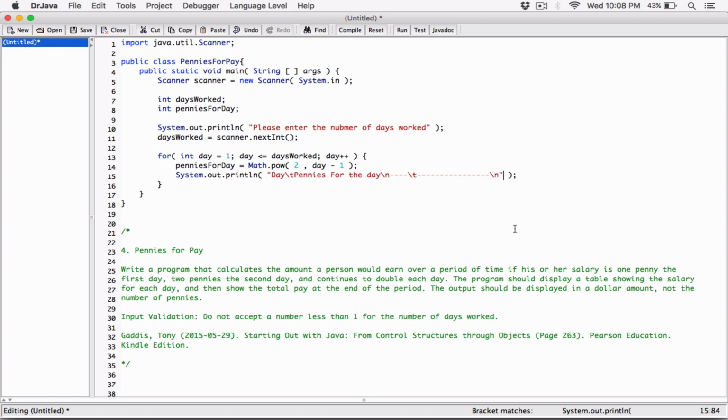Okay, so I'm going to go ahead and concatenate this with day. So now day, when the loop starts, is 1, so now it's going to print 1 for basically day 1. I'm going to go ahead and concatenate it with a tab, because I'm now going to print the pennies for a day, and then I'm going to concatenate it with the pennies for a day, like this. So this whole string is going to